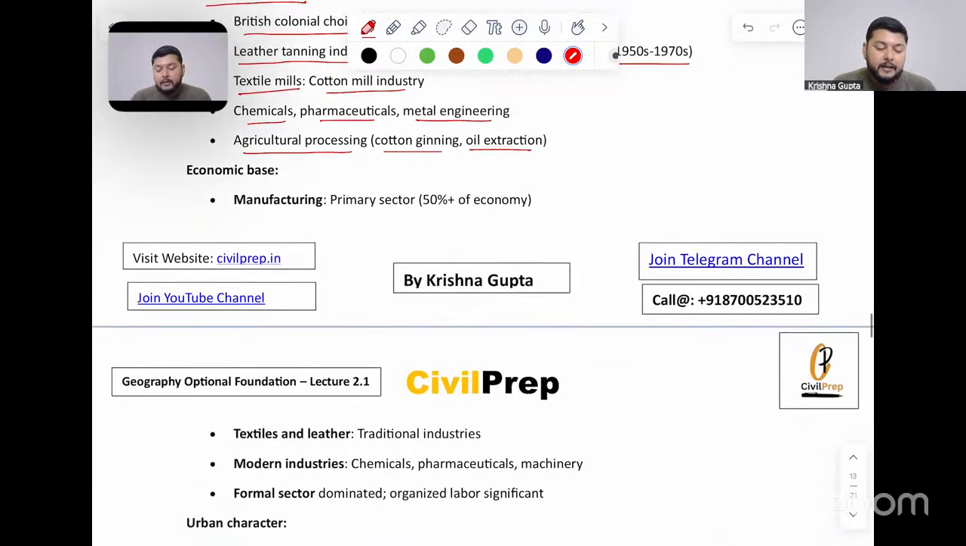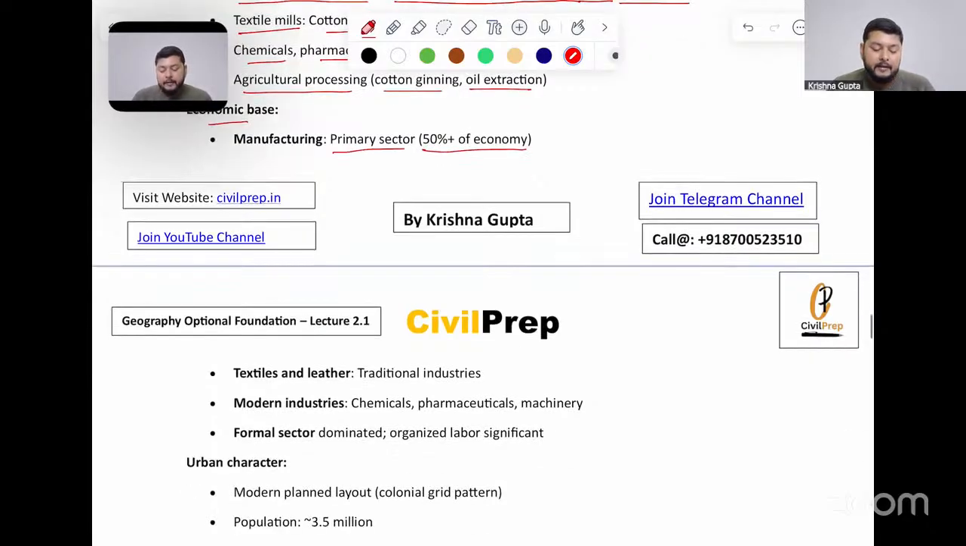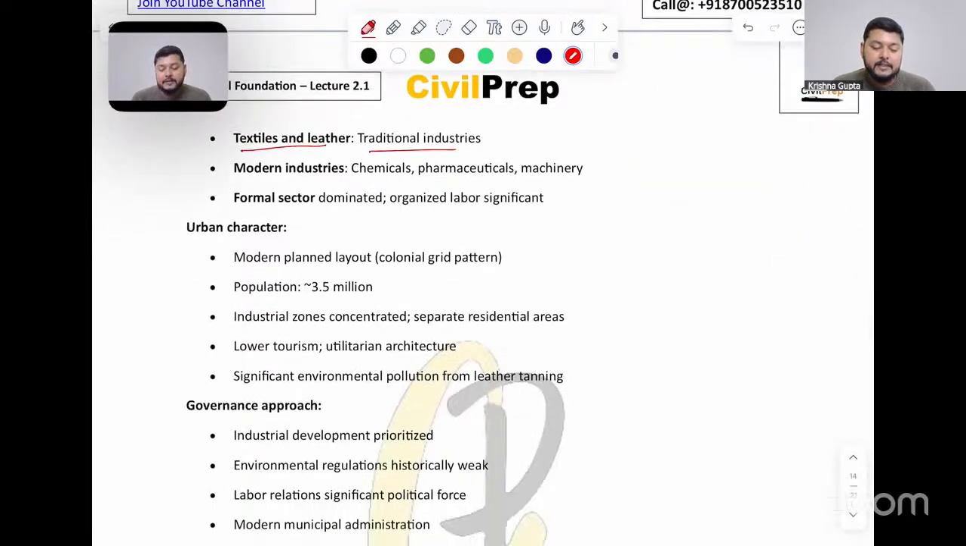When we talk about the economic base, the primary sector, which is agriculture, mining activity, or other activities, contributes to 50% of the economy here. Textile and leather are traditional, labor-intensive industries. Modern industries: chemicals, pharmaceuticals, and machinery. The formal sector is dominated here. Organized labor